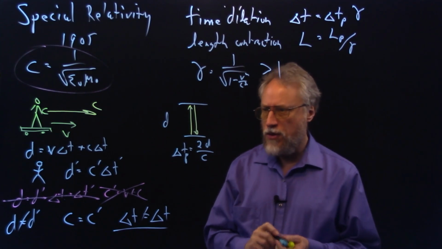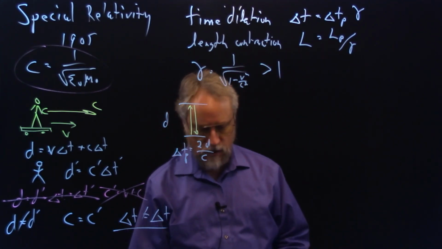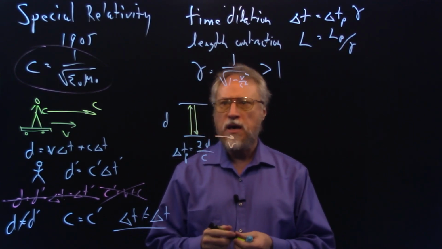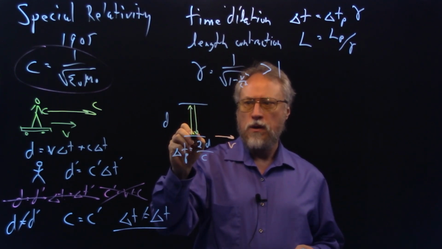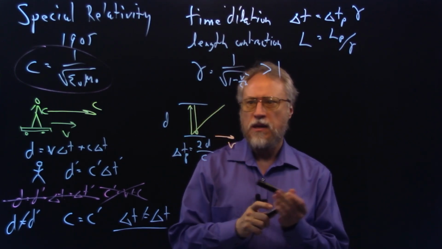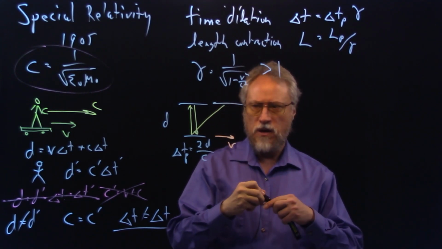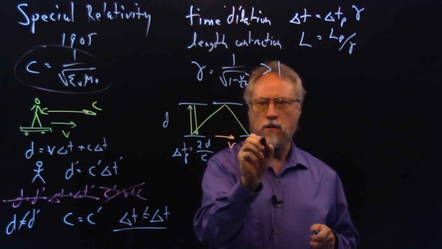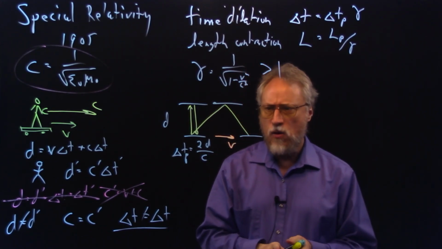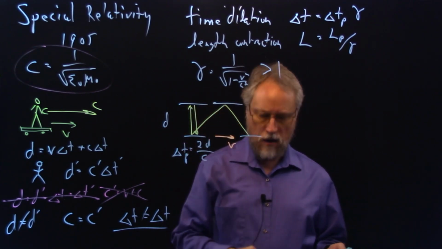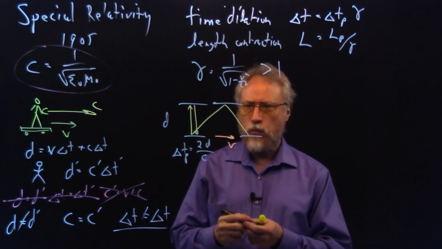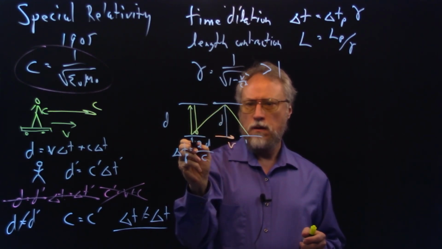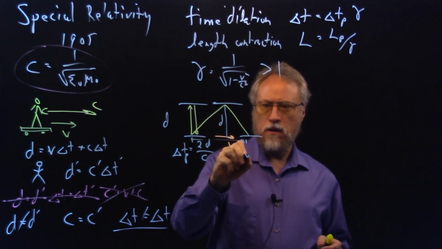Now if I think about this clock moving to the right at a velocity v, then what happens is the light doesn't go straight up, it goes at an angle, hits the mirror after the mirror has gone there, and then bounces back down and hits the mirror back there. So now we can see in the reference frame of an outside observer that we have a distance d there, and this distance here is given by v delta t,